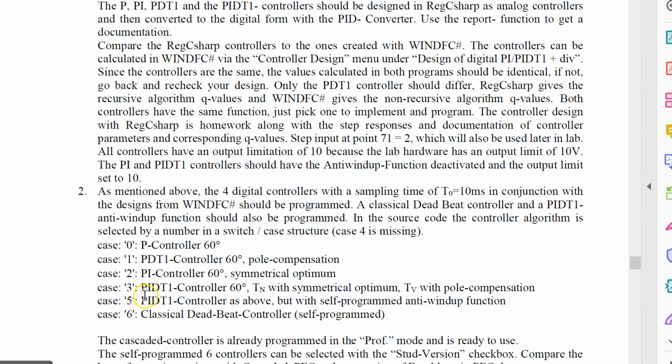You should also program them in C code later. I'll explain this in a few minutes. Also, a PID controller with an anti-windup function. We want to use the K's and T's of the PID from case 3 and 5, which are the same. And finally, you should